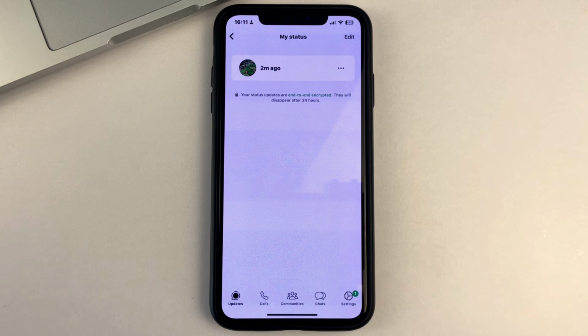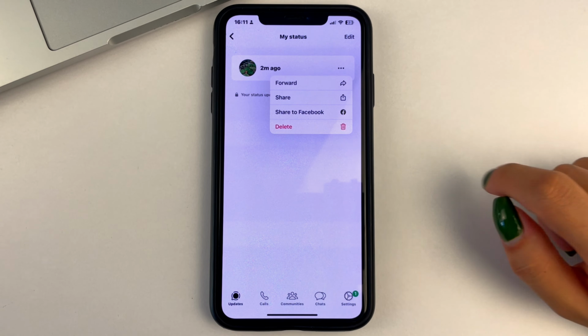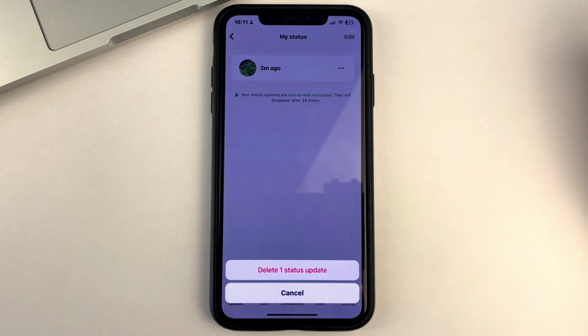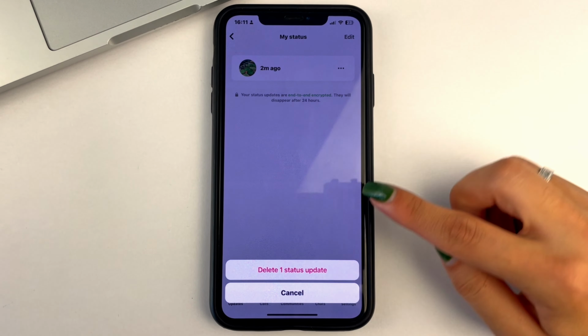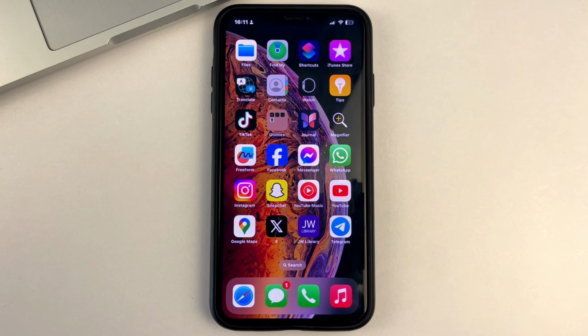And to delete them, you need to do literally one very simple move. To do that, you'll need to click on these three dots and select Delete. Then just confirm your action. And as you can see, instantly the status in WhatsApp has been deleted. Dear friends, here is such a very quick and simple method you can delete status in WhatsApp app on your device. I really hope that this video was useful to you, that it helped you.